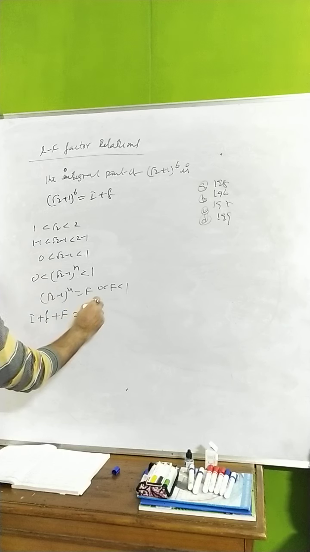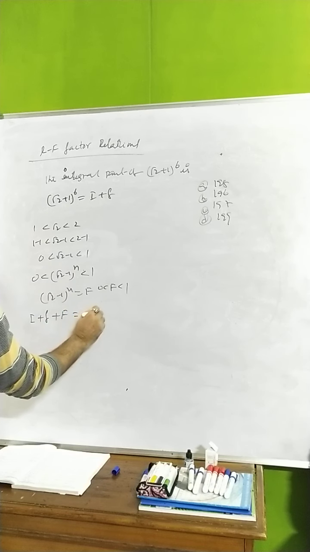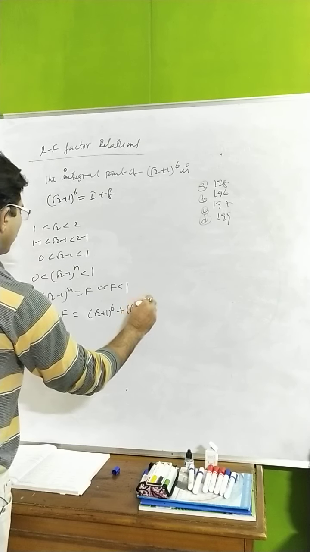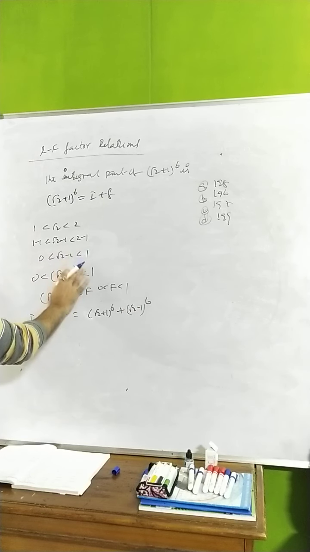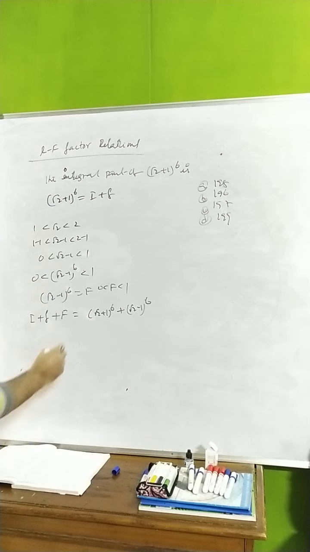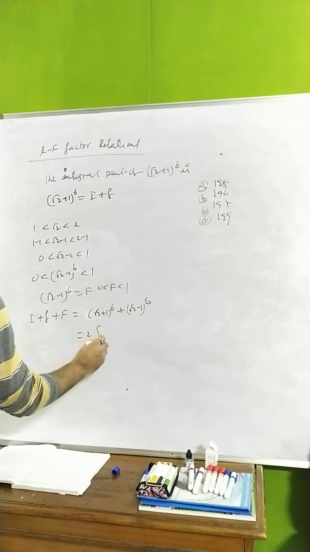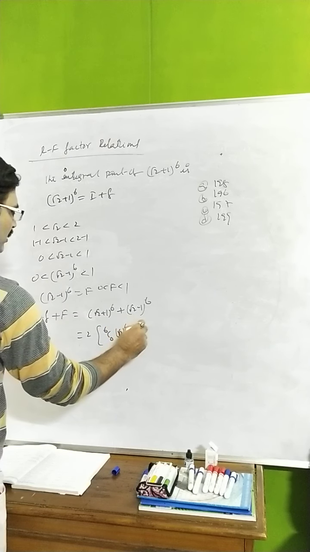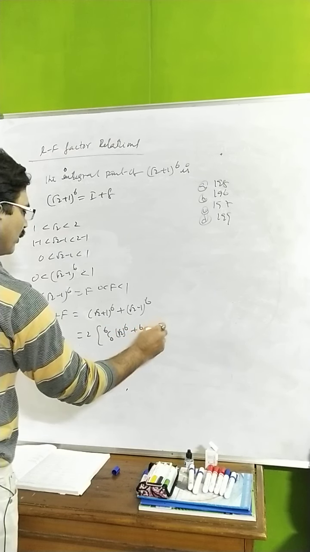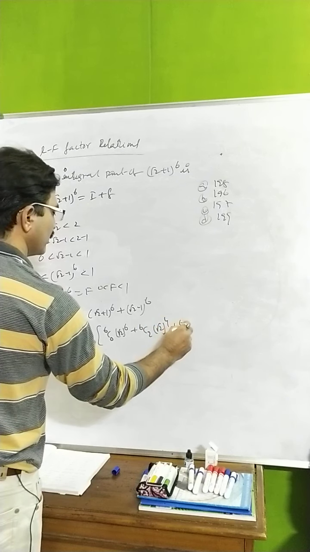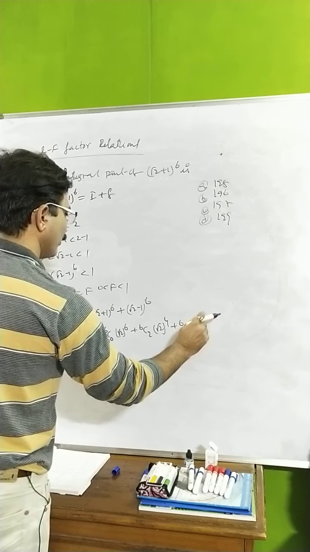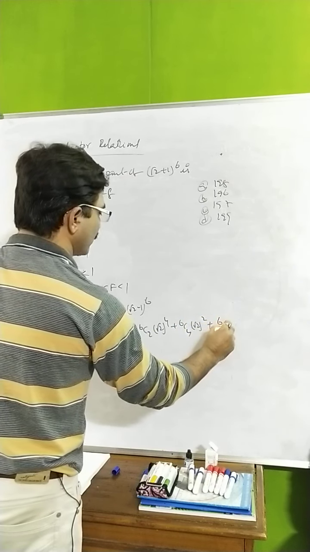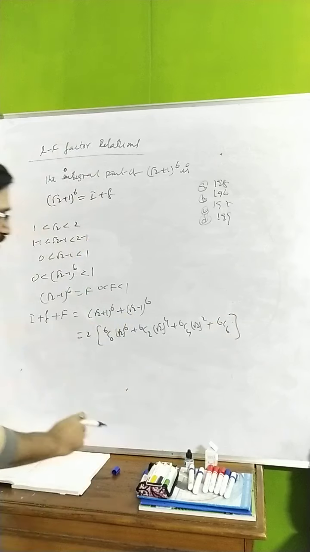So 2 into, right. So you will get (√2 + 1)^6 and (√2 − 1)^6 here, not n, 6 I will take here, because we want up to 6 only. Now what is going to happen here? 2 into, see, 6C0 √2^6, 6C2 √2^4, 6C4 √2^2, and the next one is 6C6. 6C6 means nothing is there, we don't need to write anything.